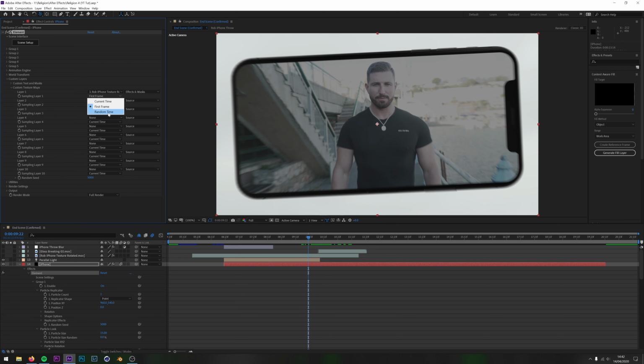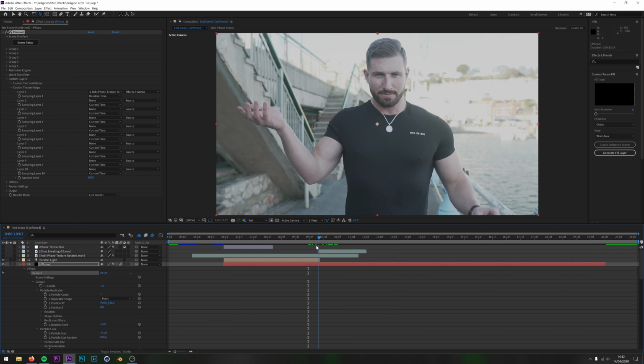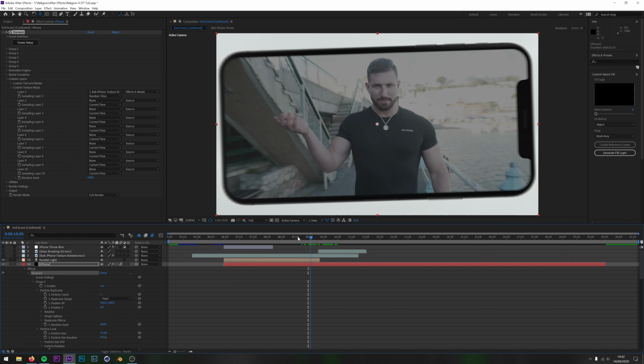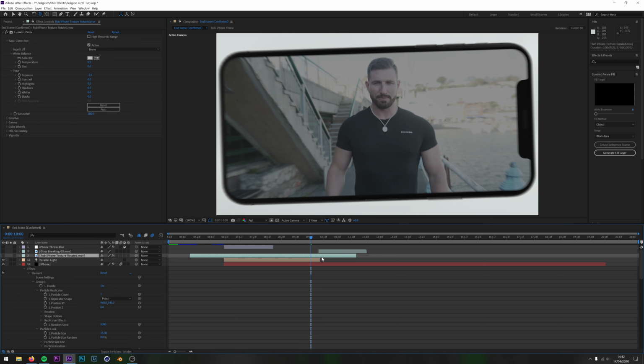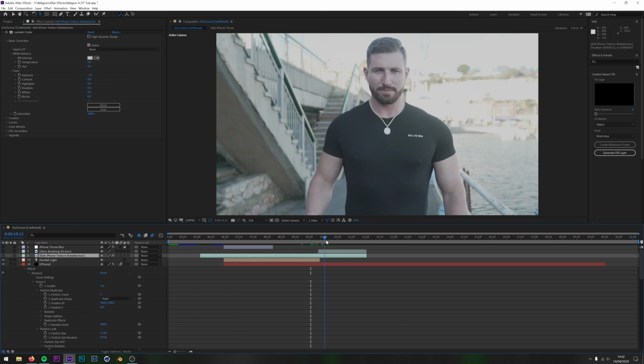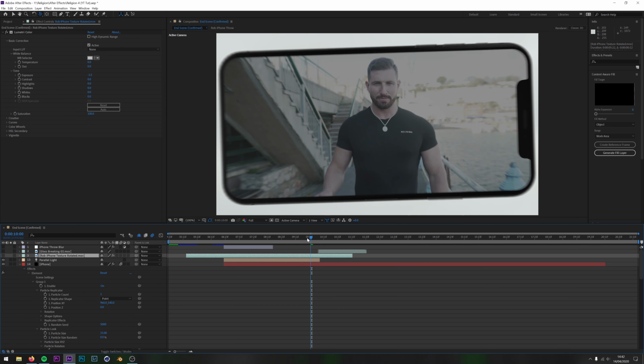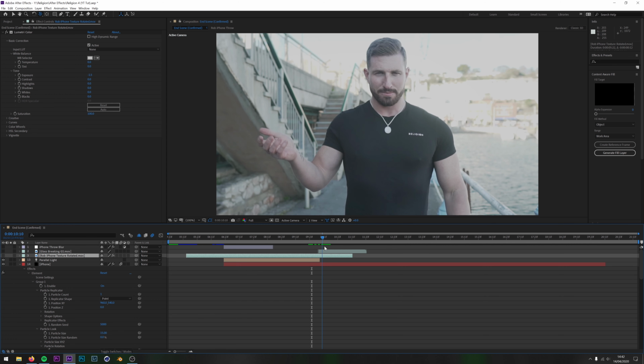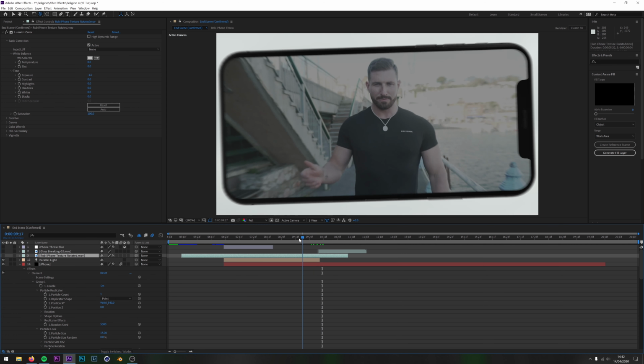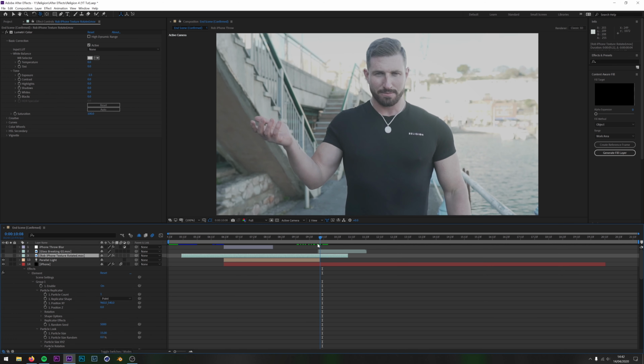And then if I selected random time, it just selects a random time. It does play, but it's just its own random time. All right. I obviously want it to be at current time because I want to use the time that I've set this layer to be at when it goes through the phone. So if I wanted him to have his arm a little bit further up when it goes through, then I would obviously move this layer a bit further along, like so.